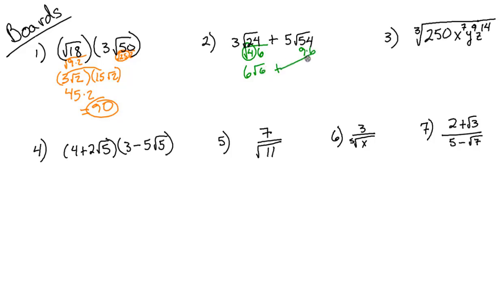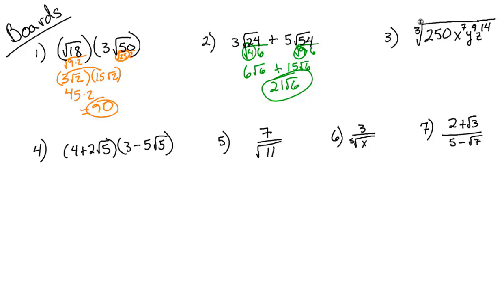Oh, good. We're going to end up with the same 6 there that we had before. So square root of 9 is 3, so that's 15 square roots of 6. And 6 square roots of 6 plus 15 square roots of 6, that's combining like terms. 21 square roots of 6. Excellent. Number 3,